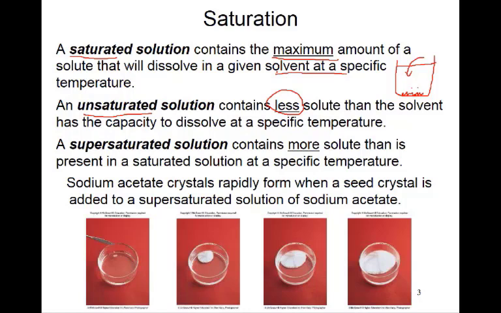Now if you want to dissolve more sugar in it, then you have to heat it. When you heat this glass of water, more sugar will dissolve, and it will become supersaturated, and that depends on the temperature. If you increase the temperature, more sugar will dissolve, and then a time will come when the sugar stops dissolving again. In a supersaturated solution, if you put 1 crystal of sugar, the crystals will return back.